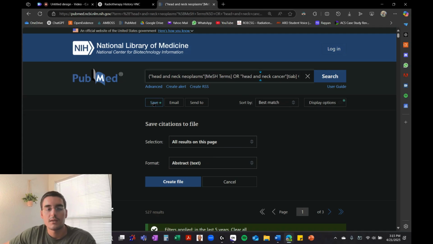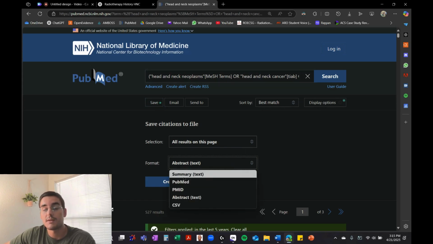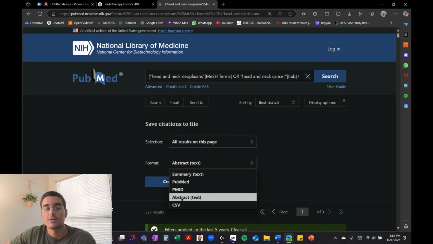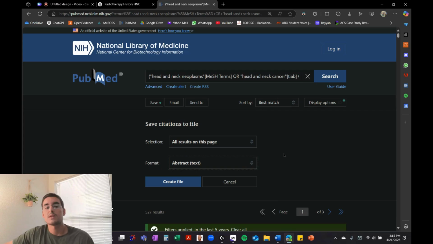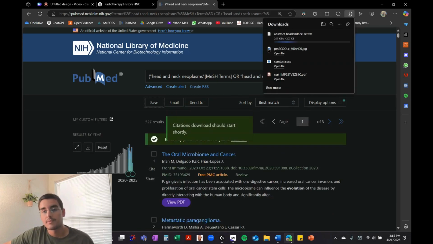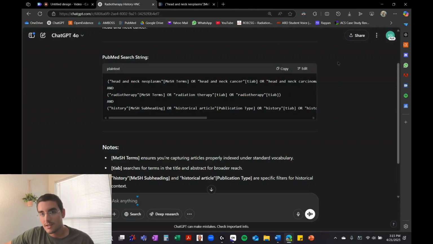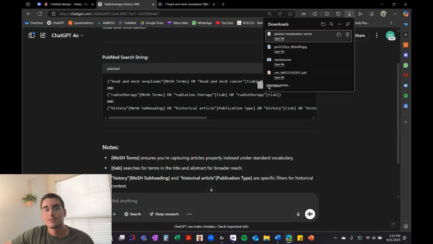Now, if you click this save button, you can save all the results on this page, but this will be the default setting. You should change it to this, where it's going to save a text file containing all of the titles and abstracts for all the results on your web page. Create that file. Now it's downloading. Go right back over to ChatGPT, drag it in,